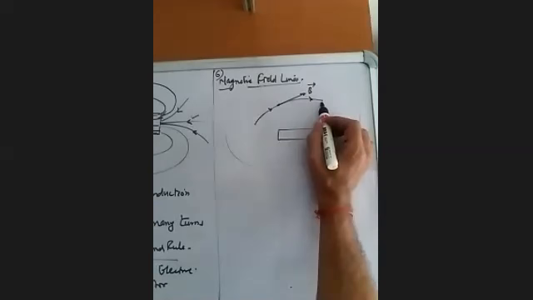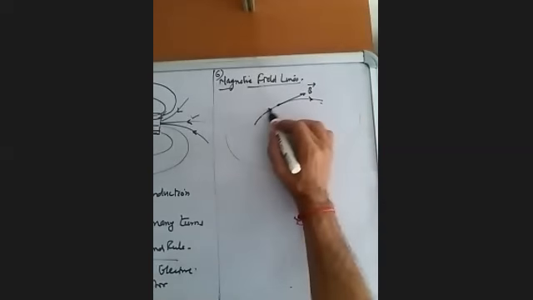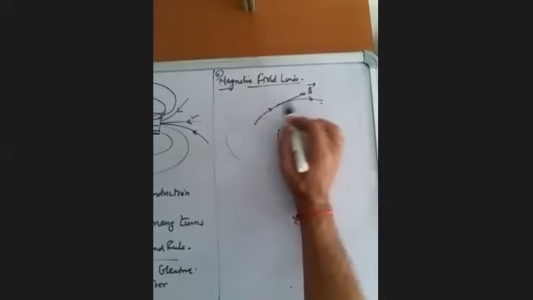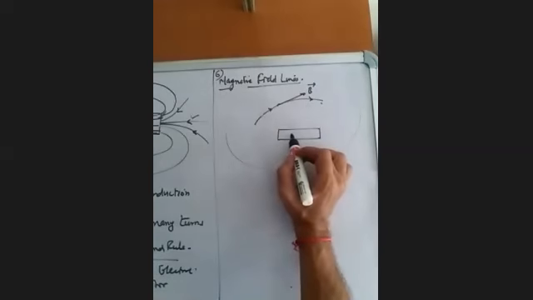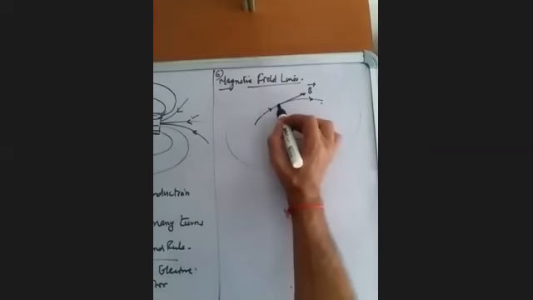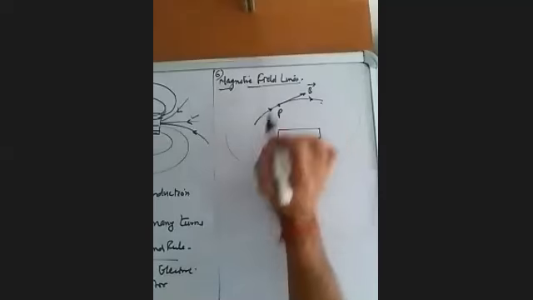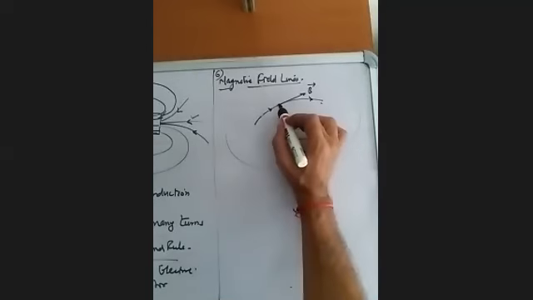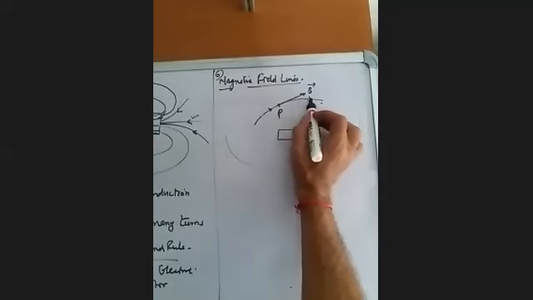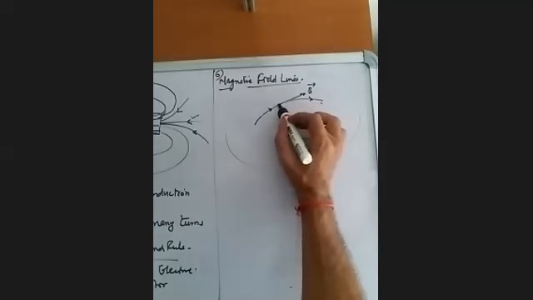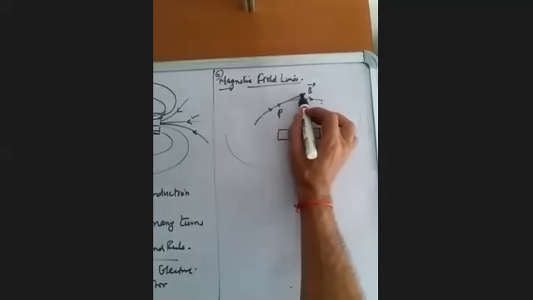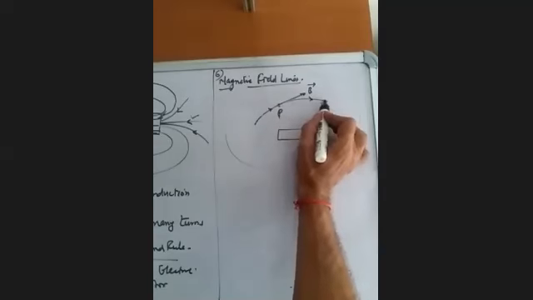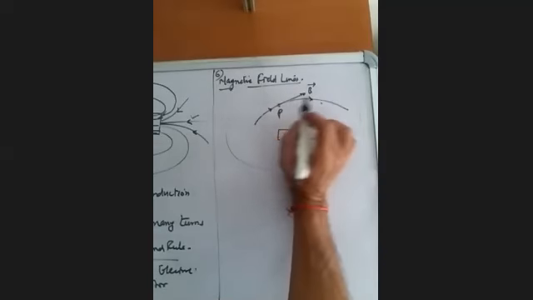And the property of this line is such that if we know the magnetic field line around a magnet or a current carrying coil, and we want to find out the magnetic field at any point. Suppose at point P, we want to find out the direction of magnetic field. Then this P is lying on this curve. We draw a tangent at point P. So the direction of the tangent will give us the direction of magnetic field. Suppose this magnetic field line is like this.